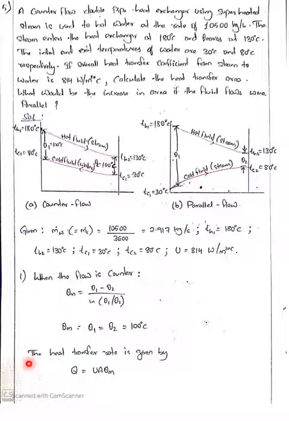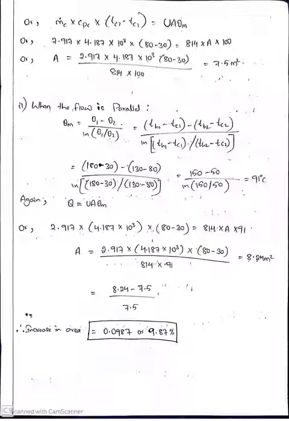Next, the heat transfer coefficient. This is the universal formula, that is Q equals U A theta m. So theta m is known. Next we need to calculate the value of area. Q equals U A theta m. Q you know how to calculate, m Cp delta T, with respect to cold water we have taken. Similarly U is given, we have to find area, and theta m we found before. If you substitute all the values you will get the area as 7.5 meter square. So area is this much.